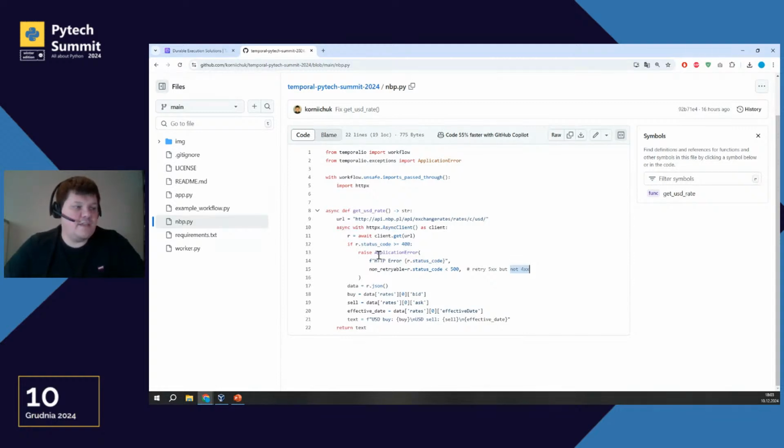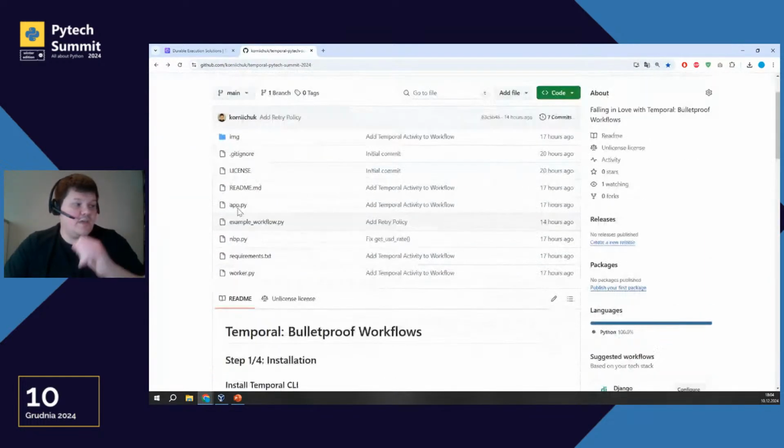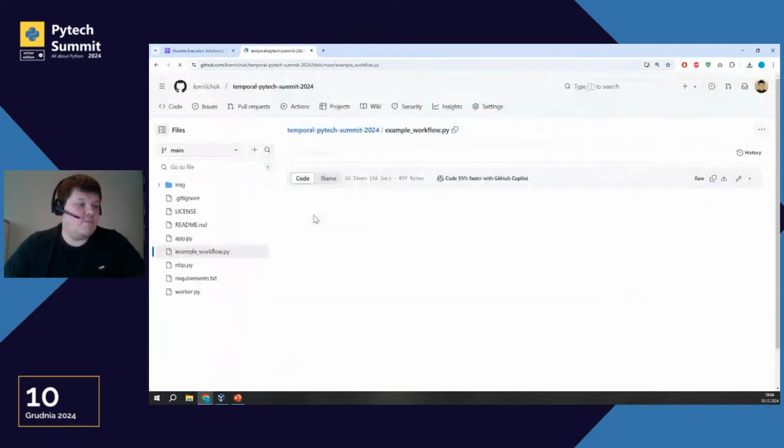So for example, we can raise application error, and we can make non-retriable true, if we don't need to retry this activity because the error is 404. So we talked a little bit about business logic here. But the main two files are our Python application and our workflow. Let's quickly check our workflow.